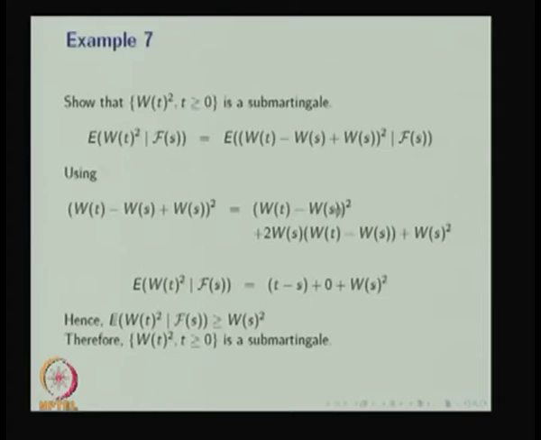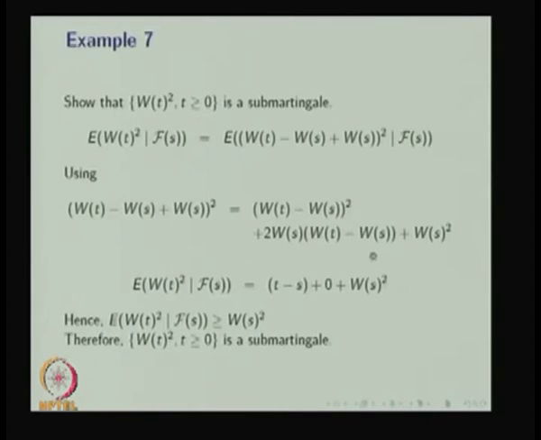Therefore, the conditional expectation is nothing but the expectation of (W_t minus W_s) whole squared. Since W_t minus W_s is normally distributed with mean 0 and variance t minus s, this expectation is nothing but t minus s. The second term is 2 times the conditional expectation of W_s multiplied by (W_t minus W_s)